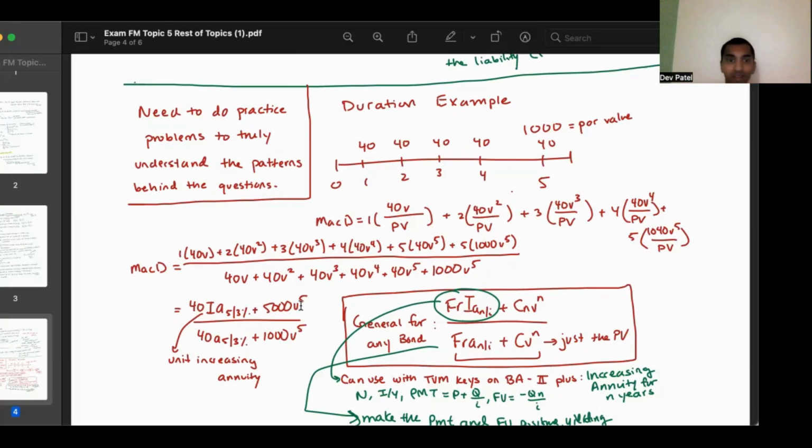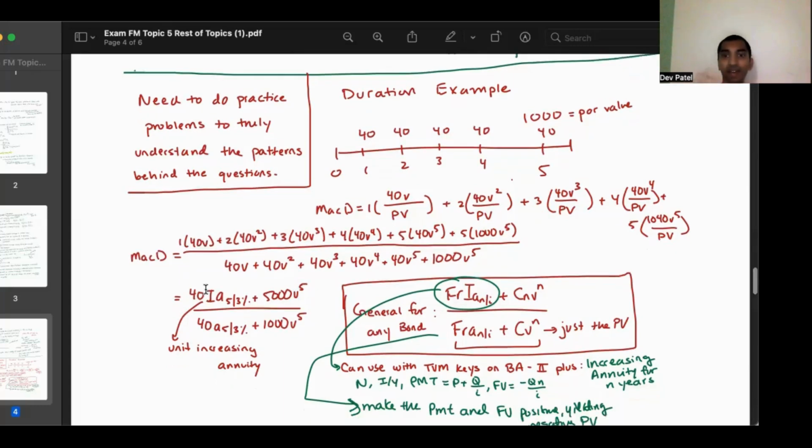You could add on to that unit increasing annuity. You could just add on the 5,000 v^5, and then the denominator is just your typical present value. How do you calculate the present value of a typical bond? And so when we generalize this to any bond,